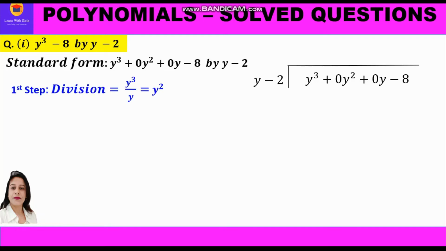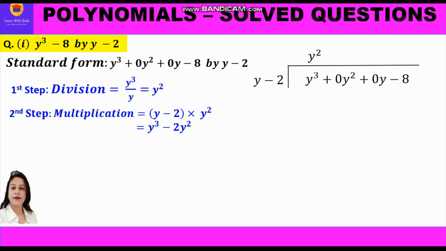Now we shall start with the first step, that is division. We shall take up the first term of the dividend and we shall divide it by the first term of the divisor. That means we will divide y cube by y and we shall get y square. This is our quotient which we will write on the top, y square. Now another way of finding this y square is also you can think of such number which should be divided to y to get y cube. So it is again y square. So that is how you can also think of.